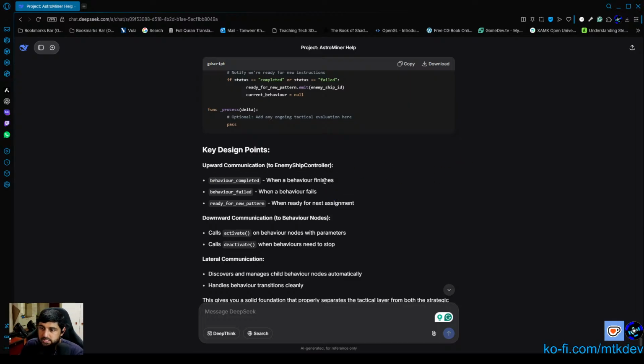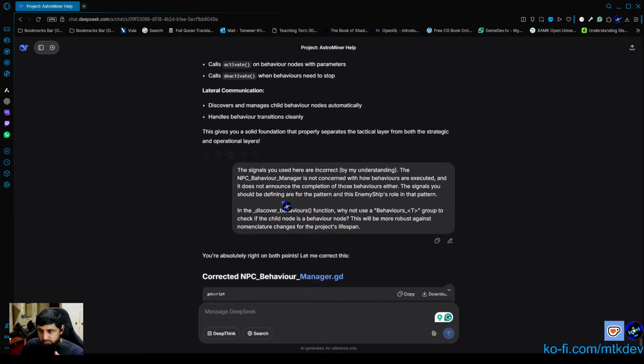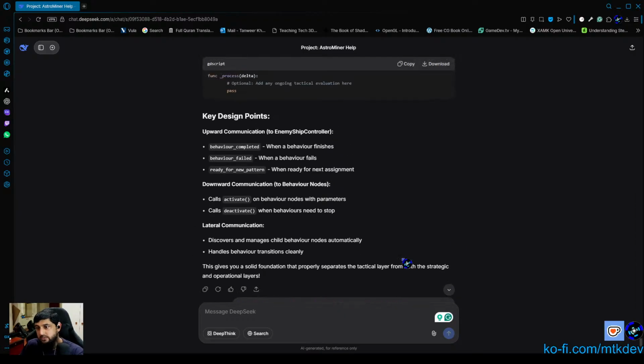Okay, so here's the key design points. Again, there are some misunderstandings here that DeepSeek had that I corrected. So we'll go through these. We'll read the corrections and see if the corrections actually speak against some of these key points, because at the end of the corrected code, it will make new design points, right? So we can see the difference. Let's do this. So the key design points: upward communication to the enemy ship controller and downward communication towards the